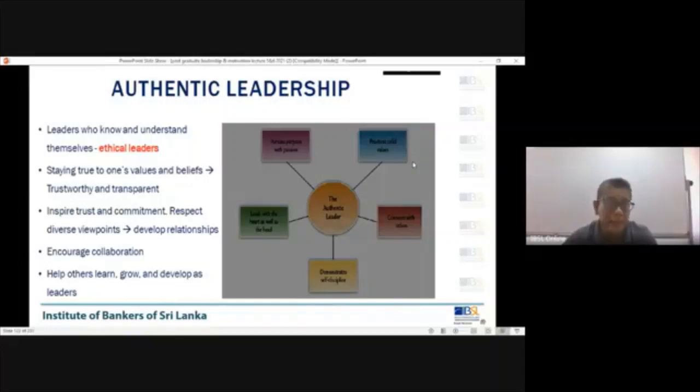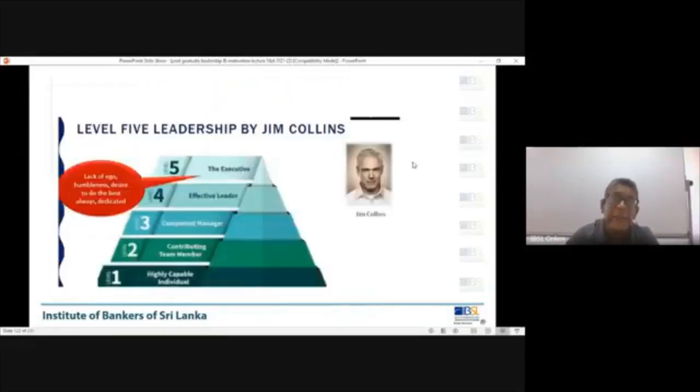Okay, so these are some of the characteristics of authentic leadership. The second type of leadership is the approach developed by Jim Collins. We call it Level 5 leadership. There are five levels he has identified, and here he says the top executives must always be, not like those days,